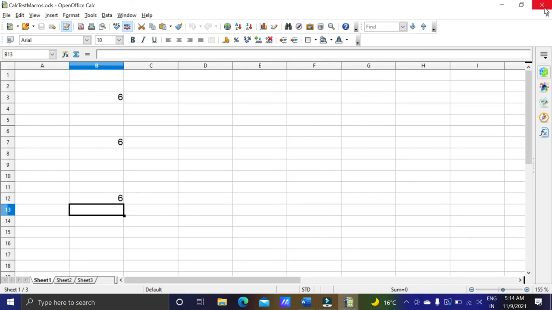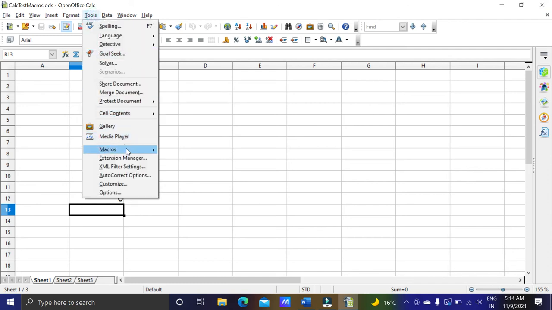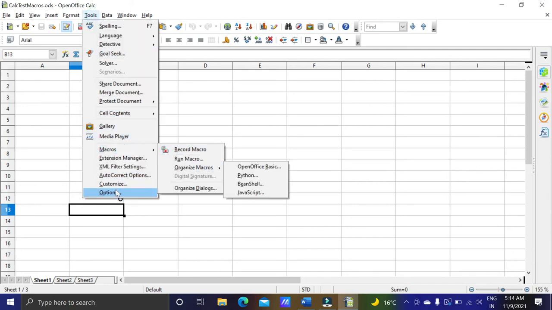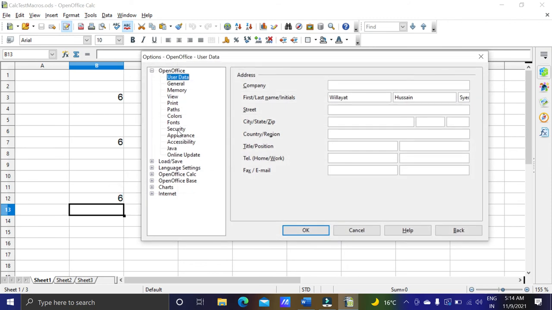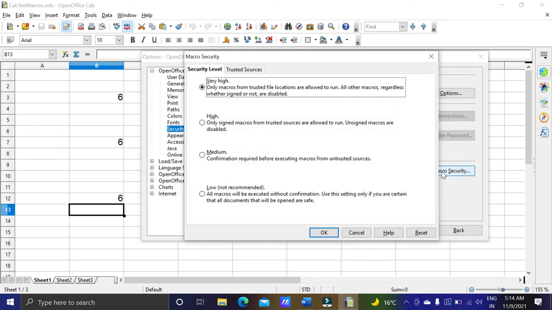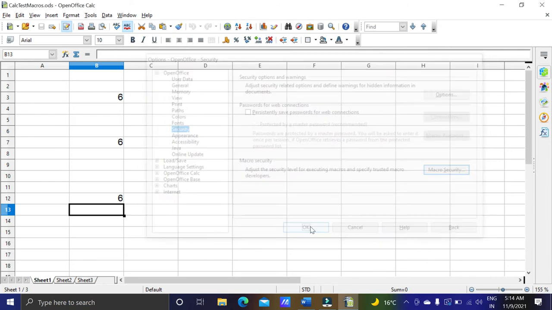But if I have macros and the setting is high, sometimes high security will not allow the macros to work.